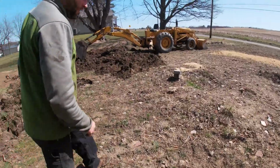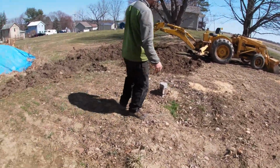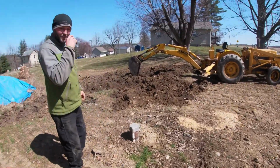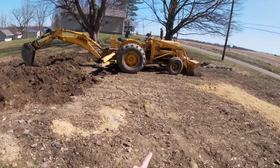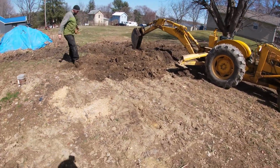Right. So we're still digging out this hole, making the garden a little bit bigger for this planting season. There's the backhoe that we've been using, and